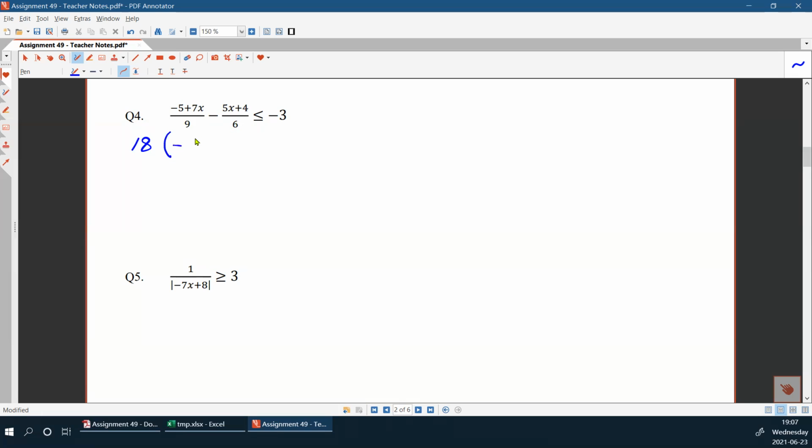So 18 times the left-hand side. Okay, do not change the direction here, and minus 3 times 18. And this is equivalent to expanding the left-hand side,